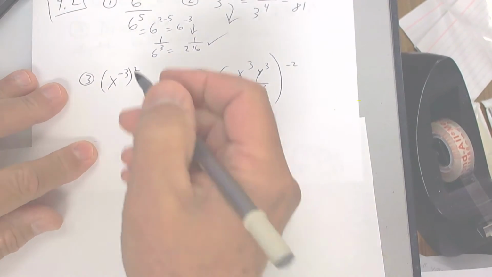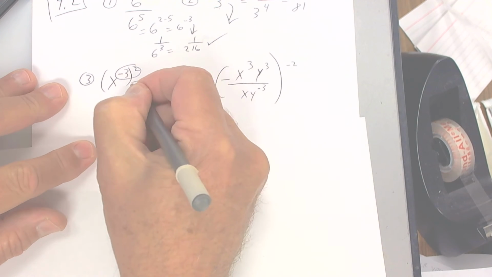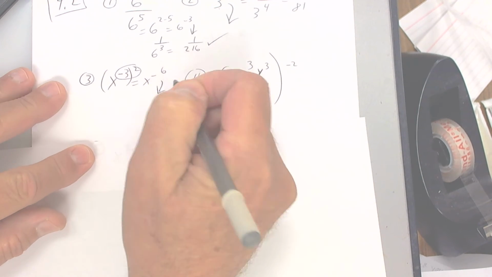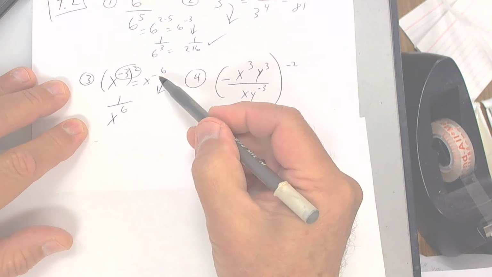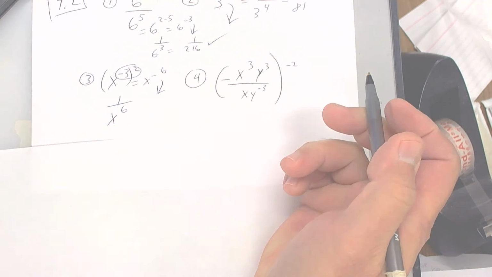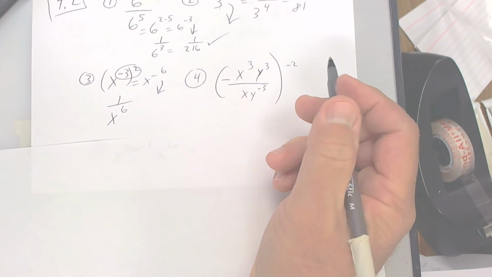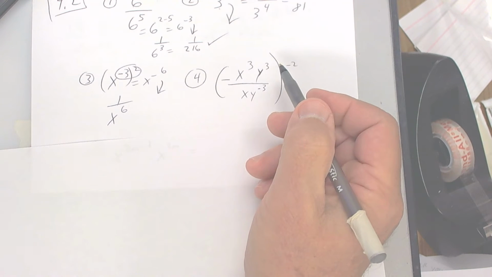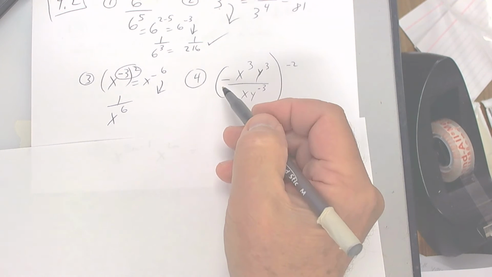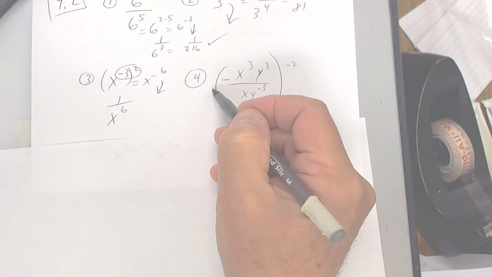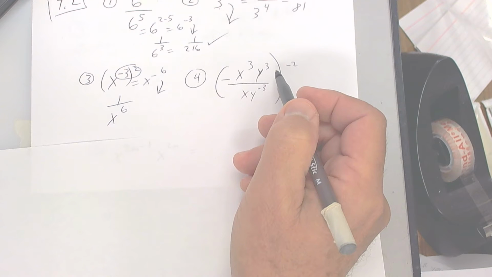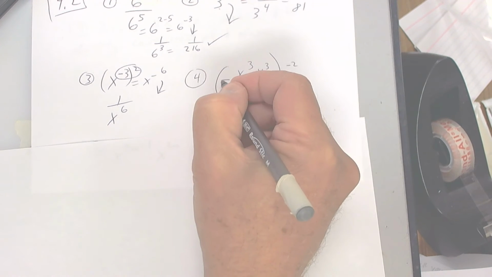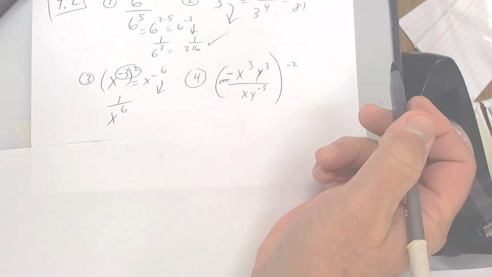This one right here is a power to a power, so you multiply. That gives you x to the negative 6. You throw it down and get 1 over x to the 6th power. You cannot have a negative exponent. It's just a rule. Now, there's a lot of ways you can do this, okay? You got to be careful with that negative. If it was in the middle, you'd have to distribute it. Let me think about that. Okay, so let me just put it at the top. Anyway,